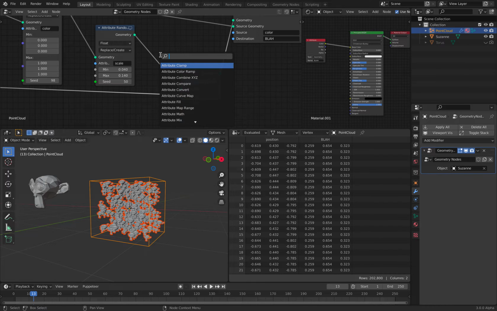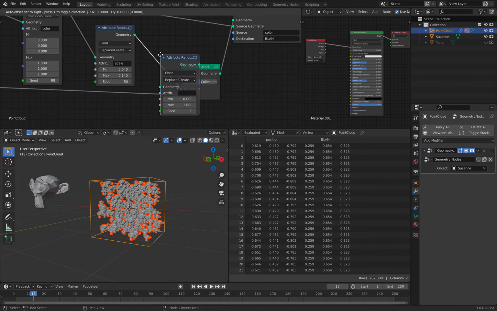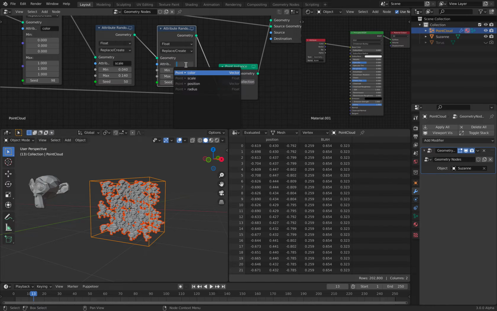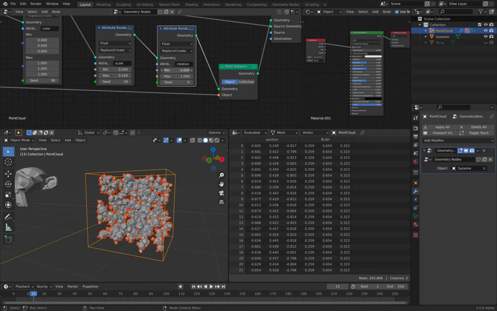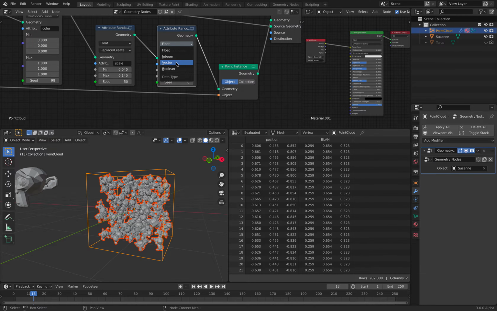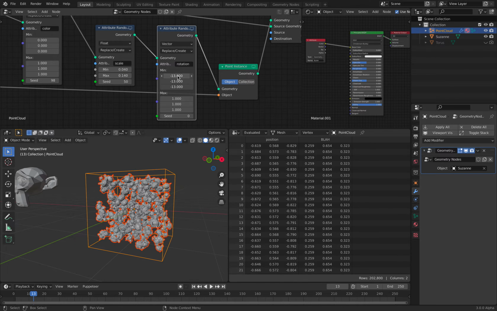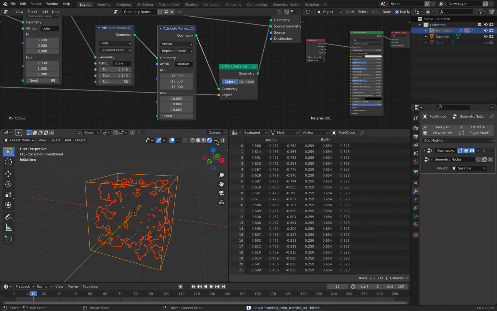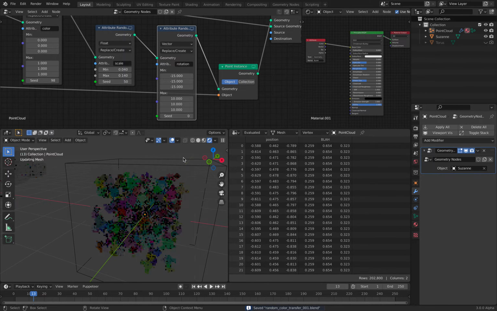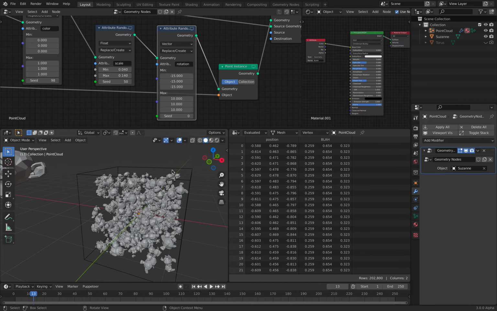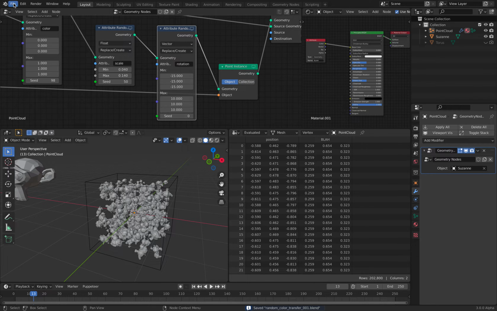And we can also randomize the rotation. Oh, it doesn't have rotation because it's a point cloud. But we can try. Oh yeah, it works. Somewhat works. But yeah, so if we can bring in point cloud data into Blender,